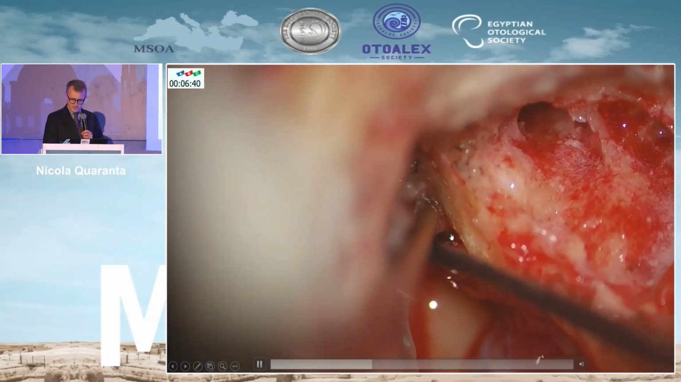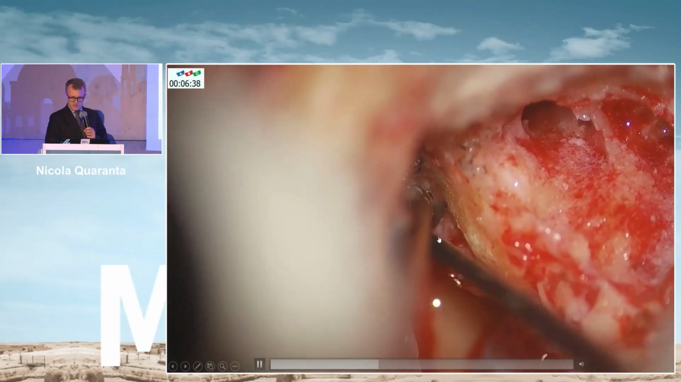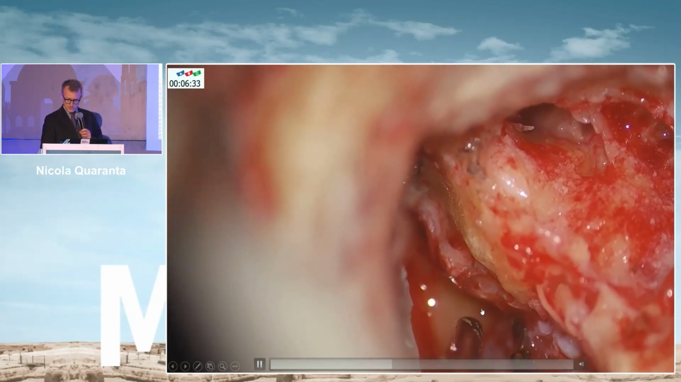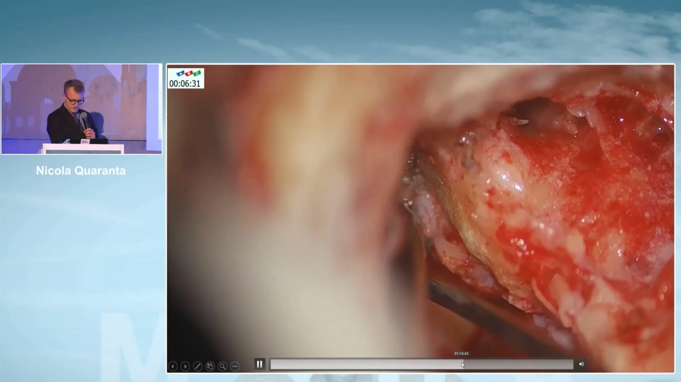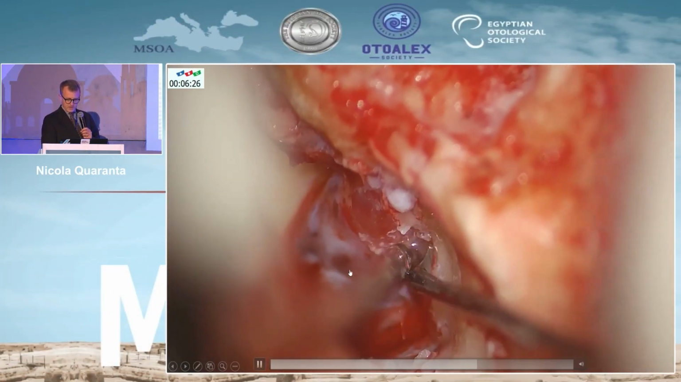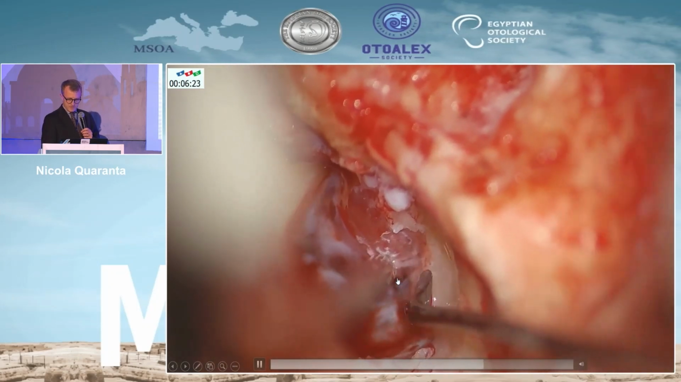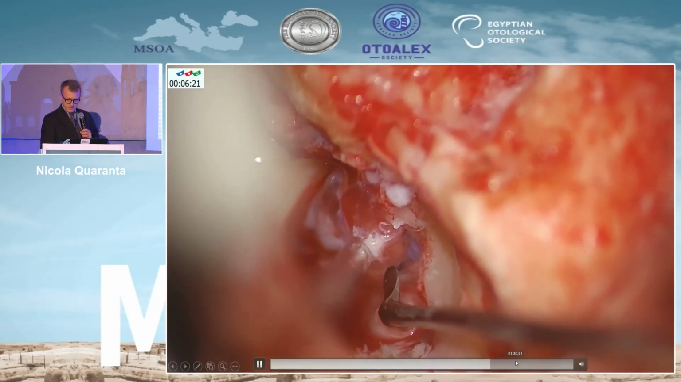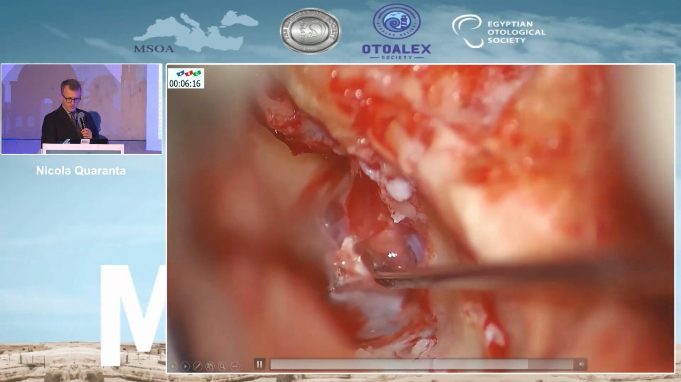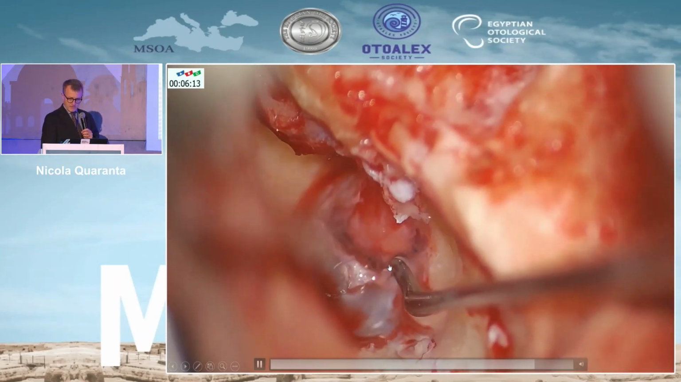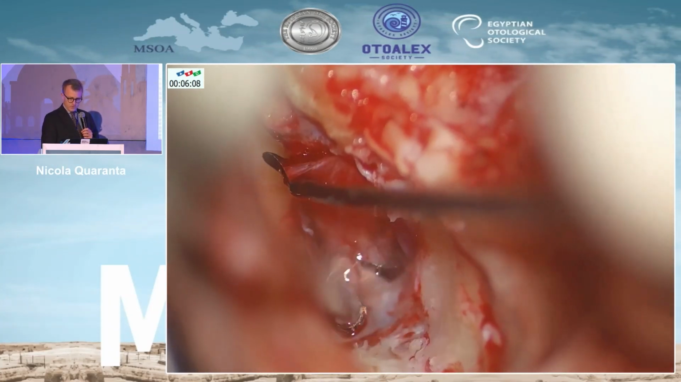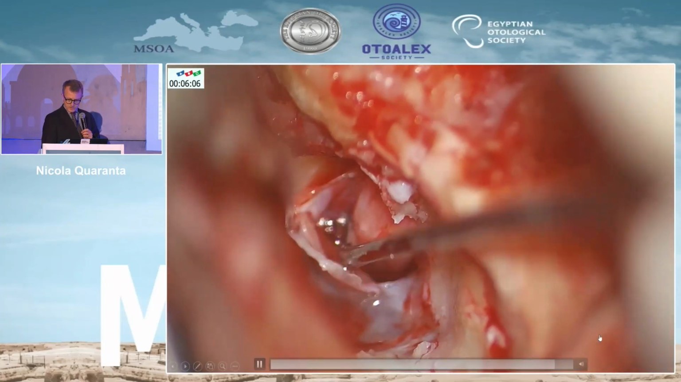The facial nerve was completely infiltrated and was then removed. This is the eustachian tube. So this is the cochlea. Now we can skip a little bit. This is the dura of the internal auditory canal that was infiltrated by the cholesteatoma. We need to remove the dura and the four nerves in the canal, trying to save the cochlear nerve. So we remove all the cholesteatoma and the infiltrated dura, and then